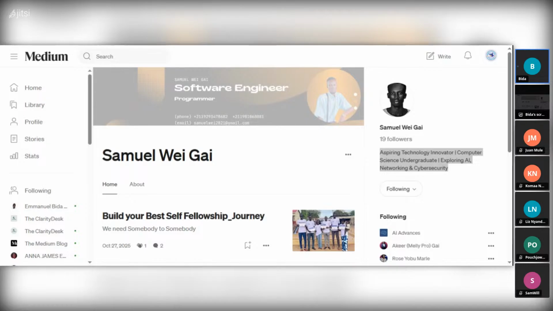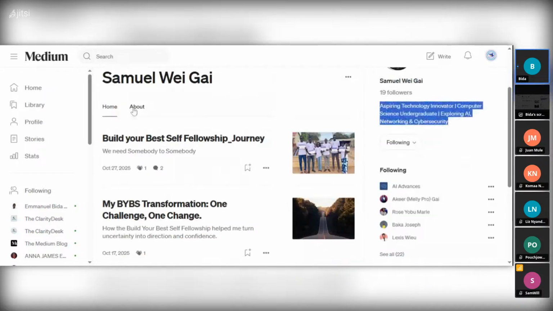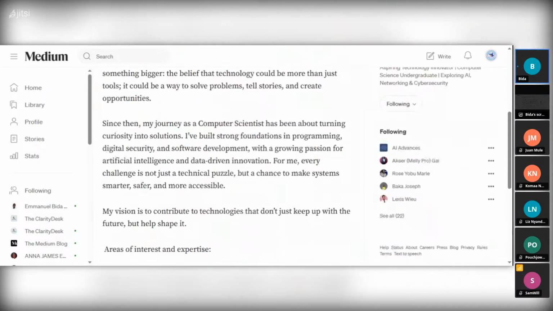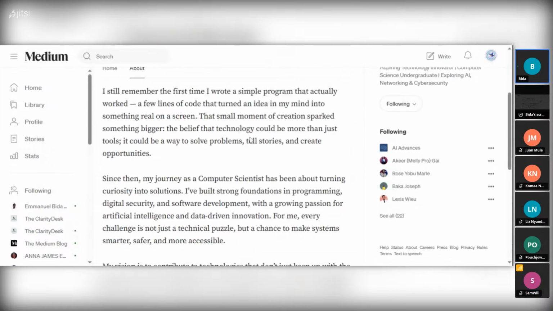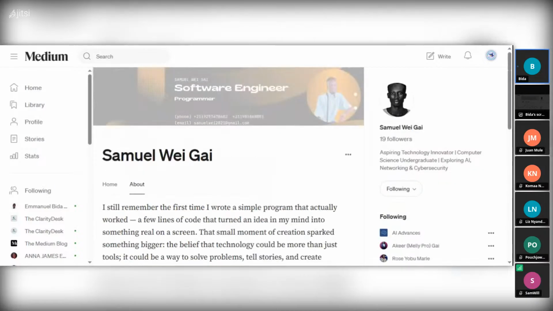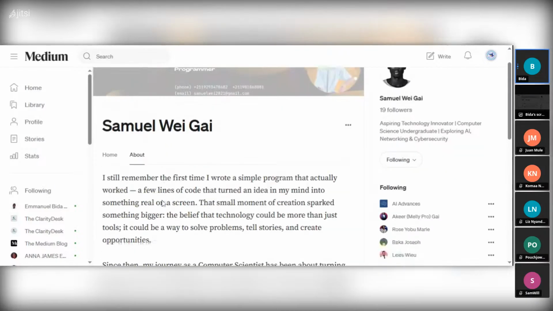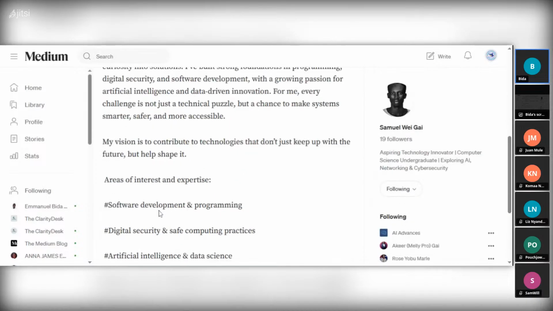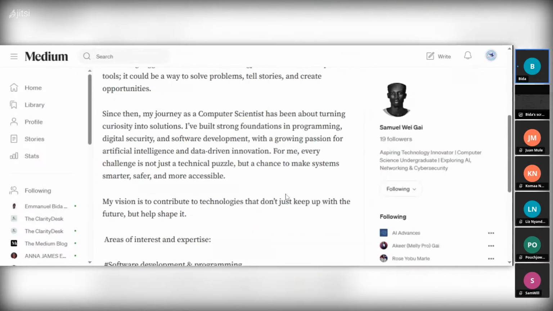So a username, something like that, and then you can also have this profile cover, just like the cover you have on LinkedIn, and then you have your about section. The about section is where you put some details about you, more like your about section on LinkedIn. So if you already have a LinkedIn account, you could just copy your LinkedIn about section and paste